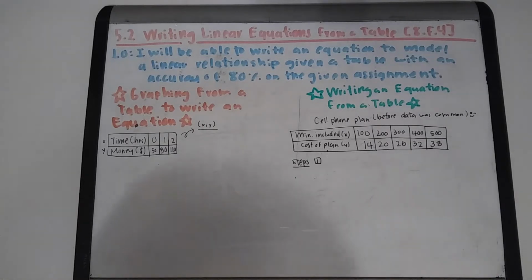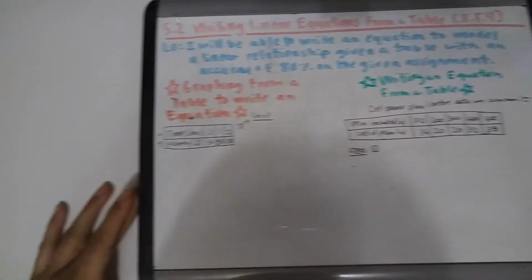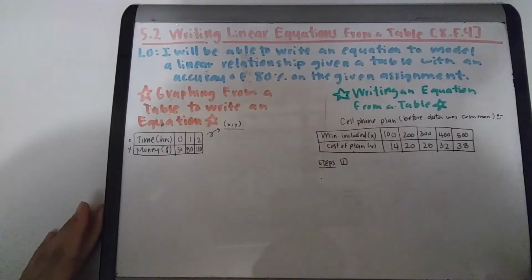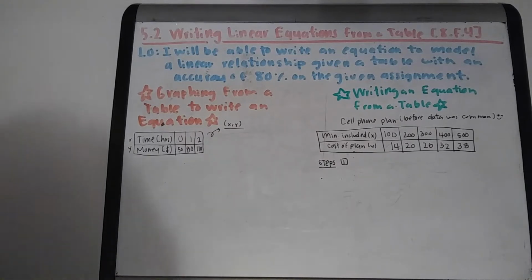So I'm going to show you two ways to do it. I do have a preferred way, but we're all different. So let me show you the two ways and then you choose which one you'd rather do. So the first one is, you're given the table, and then what you're going to do is